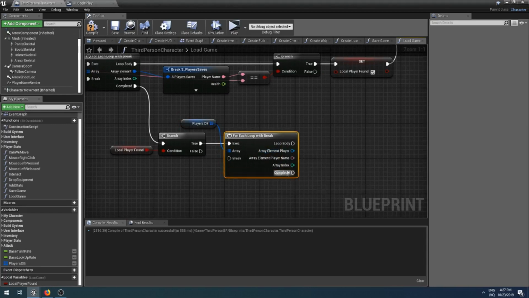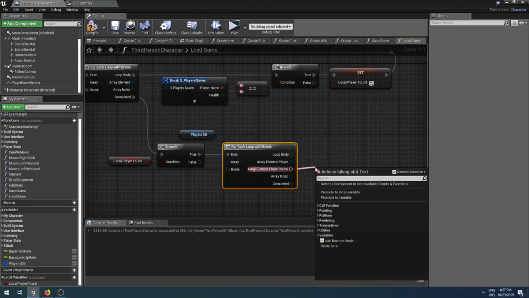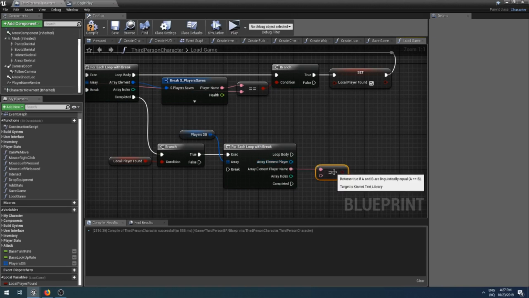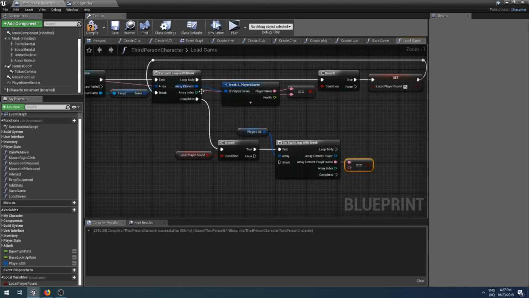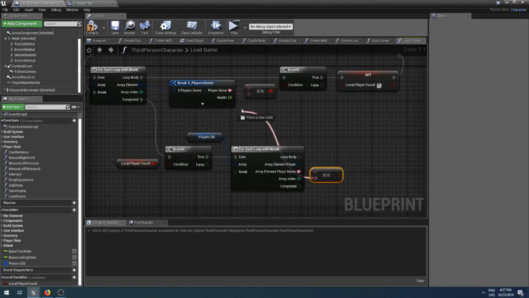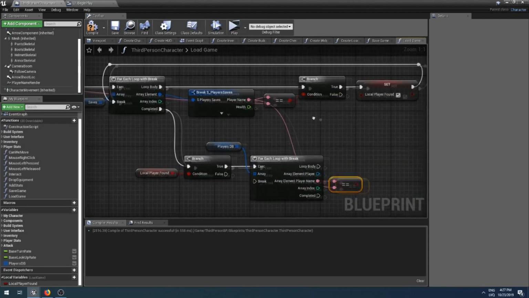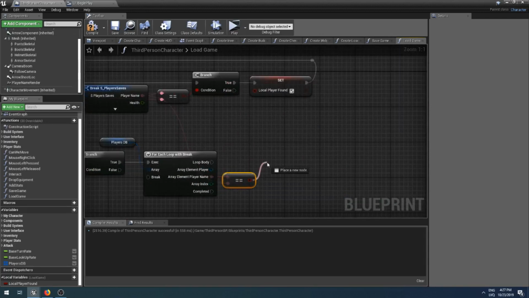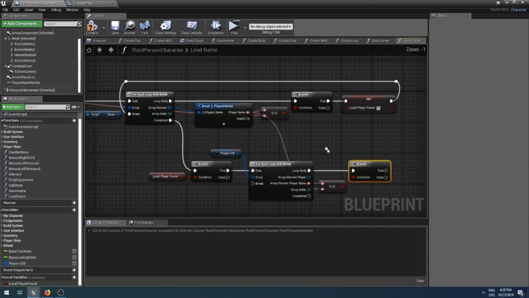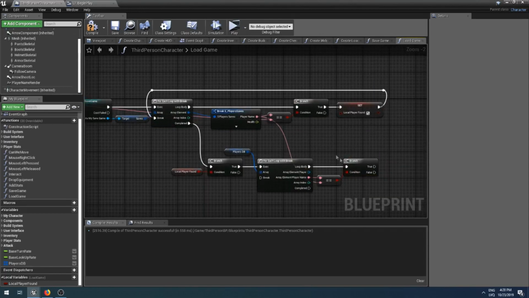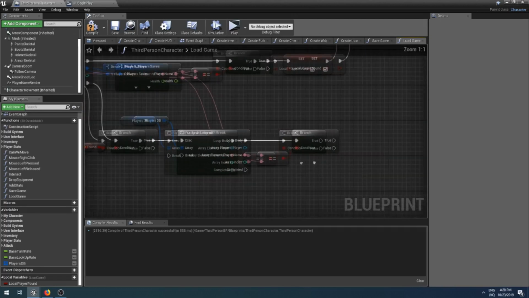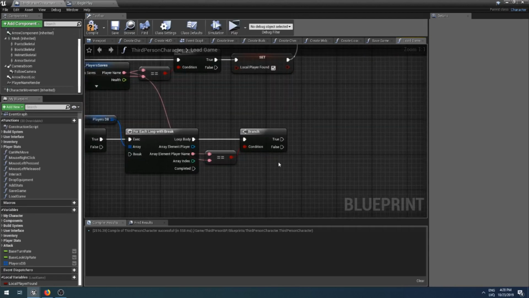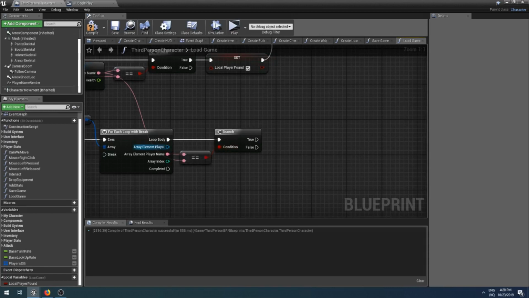And we can split this bin, and we need to find a player with an equal name to the player that has been found. So we can simply connect this up here, like so. And let's do an if branch check to see if we have found it once more, just to make sure that this actually does work like it is supposed to, and we wouldn't run into any unnecessary issues. And once this is done, we can cast to third person character